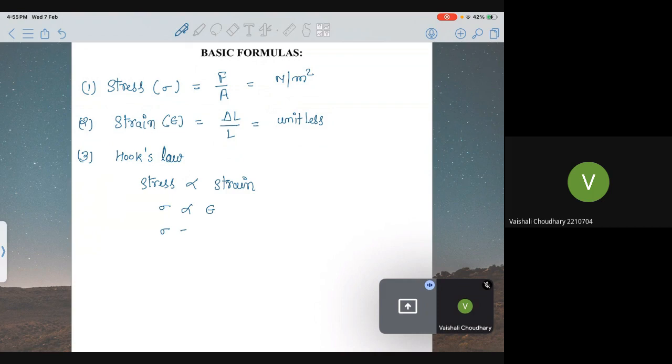If we remove this proportionality, we'll have one proportionality constant Y, which is called Young's modulus of elasticity,